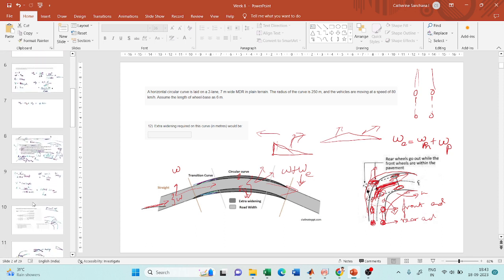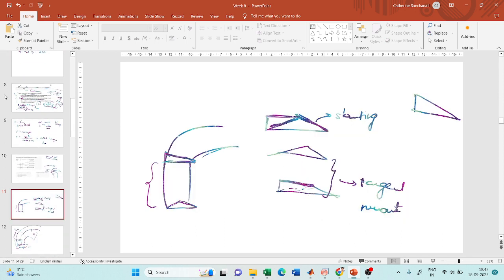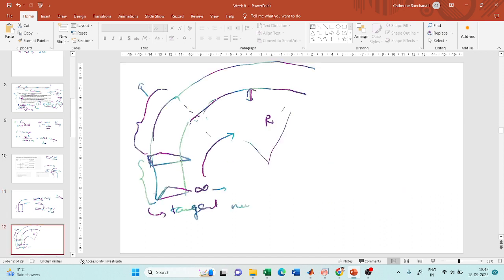Now, I told you that in this figure, this distance is called the tangent runout. Here your cross section will be a triangle like this, and this distance is called the super elevation runout. This is where, from the straight portion, you are going to take it slanting like this and make it a triangle. This straight portion has to go up, right? So from this, it has gone up